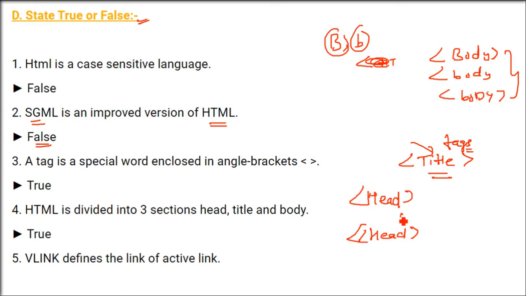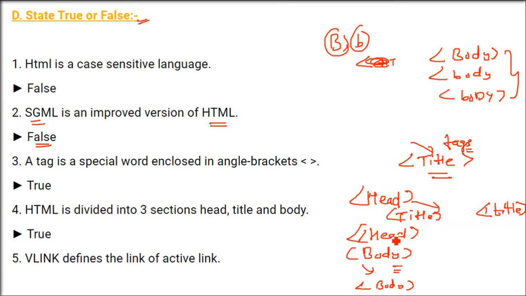This, and your linking also will be given here. If you are linking some other page, all these things will be given here. So title is inside this head, and then you have a body, and this body will end. Inside this you can give paragraph, etc., all the contents, image, animation, etc. So head and body, these are 2 different parts.